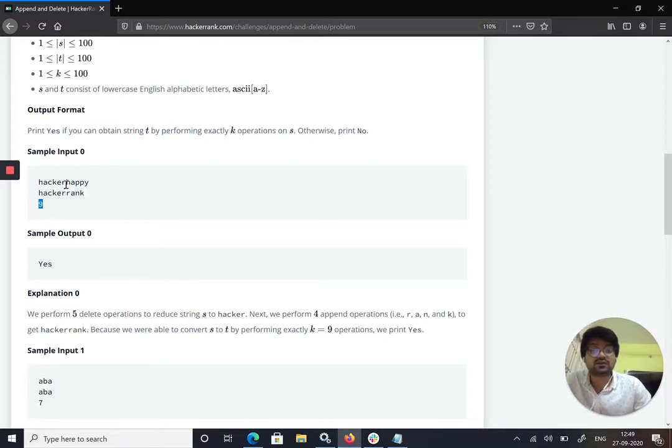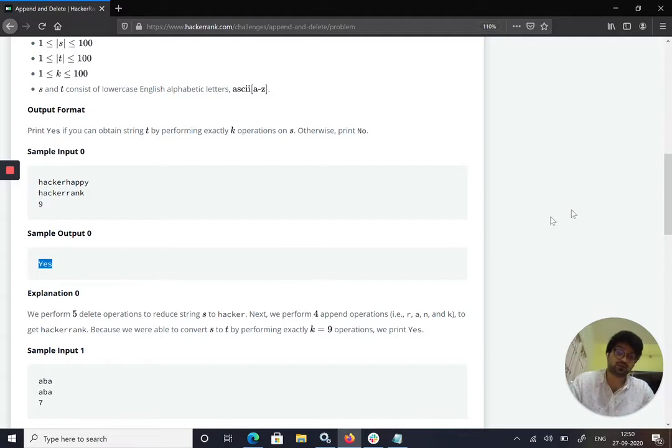So we can remove happy in 5 moves, and we can add rank with 4 moves. So in total there are 9 moves to perform this operation, and we also have 9 moves as the k value. So the sample output should be yes.